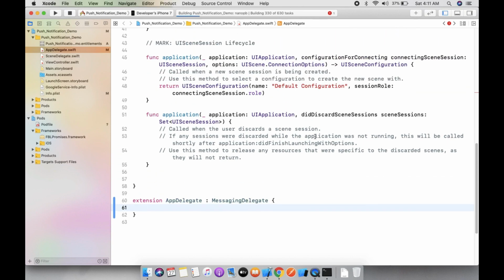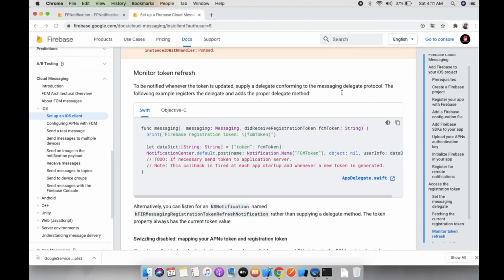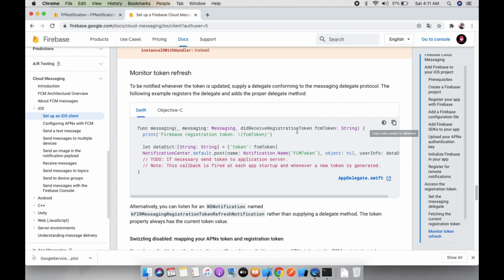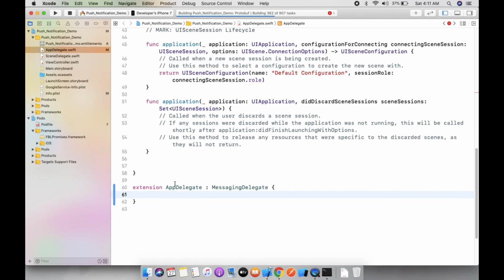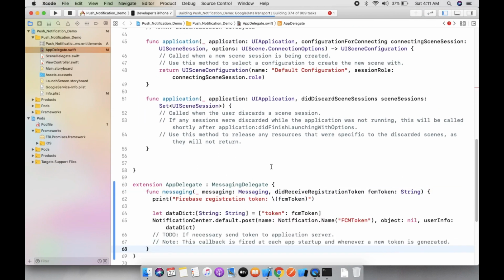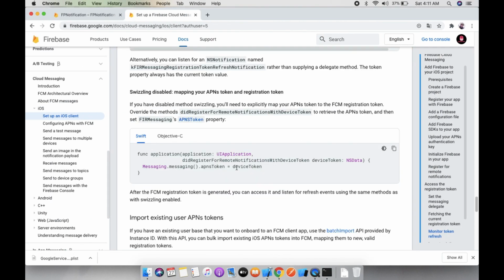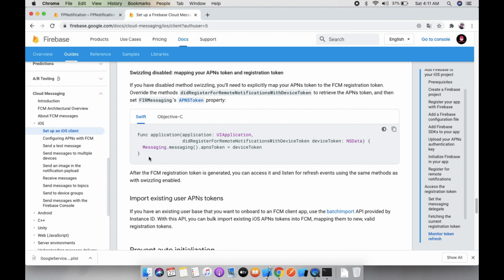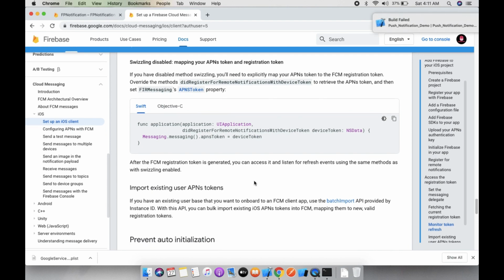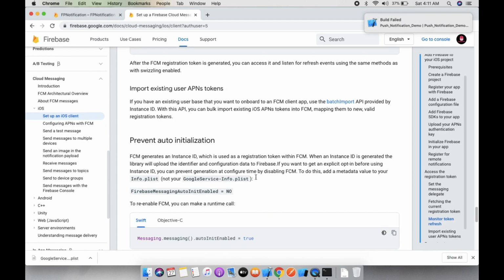Here you can see one error is gone, and now you can copy this and paste it here. For now this is not required for the device token. We will make a separate video on how to get the device token.